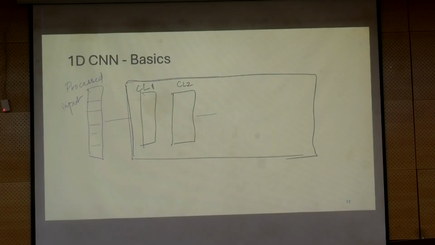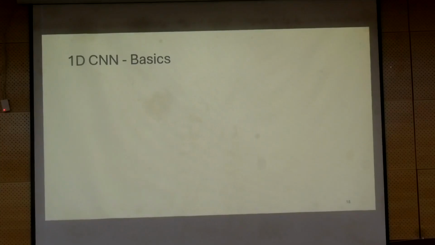But if you do it this way, you are retaining the feature vector length consistently the same. Whatever is the feature vector length here, you will get the same feature vector length. Alternatively, you can also add another layer called a pooling layer. So what does a pooling layer do? The pooling layer is doing another operation.